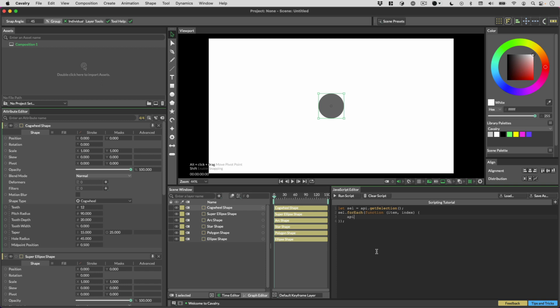And that function is going to be api.rename. So that's how we rename things. So we need to know what layer we're going to rename. That's item. Like I said, we could have called item layerID. And then we're going to give it a new name. So the next argument is the name, and we're going to call this "new name" and then space. And then we're going to concatenate. We're going to add on the